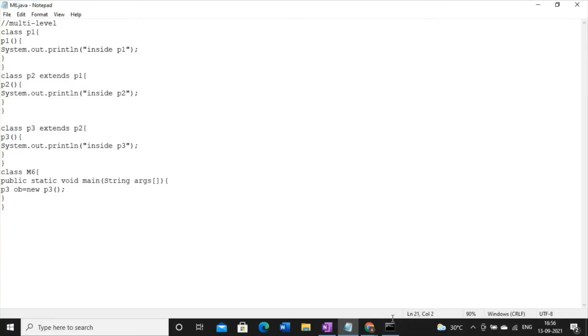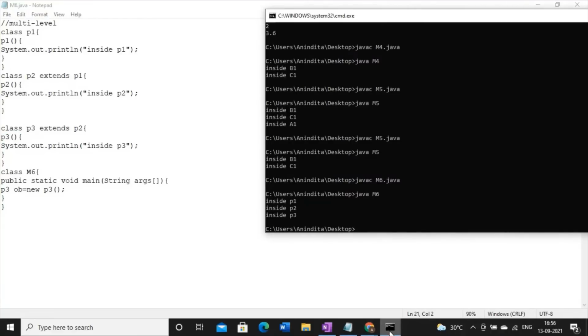But according to the programming law, always the output of the superclass will come first, then the subclass, then the next subclass. It will never change. So whenever you are programming, maintaining the hierarchical pattern of the inheritance block diagram is equally important.